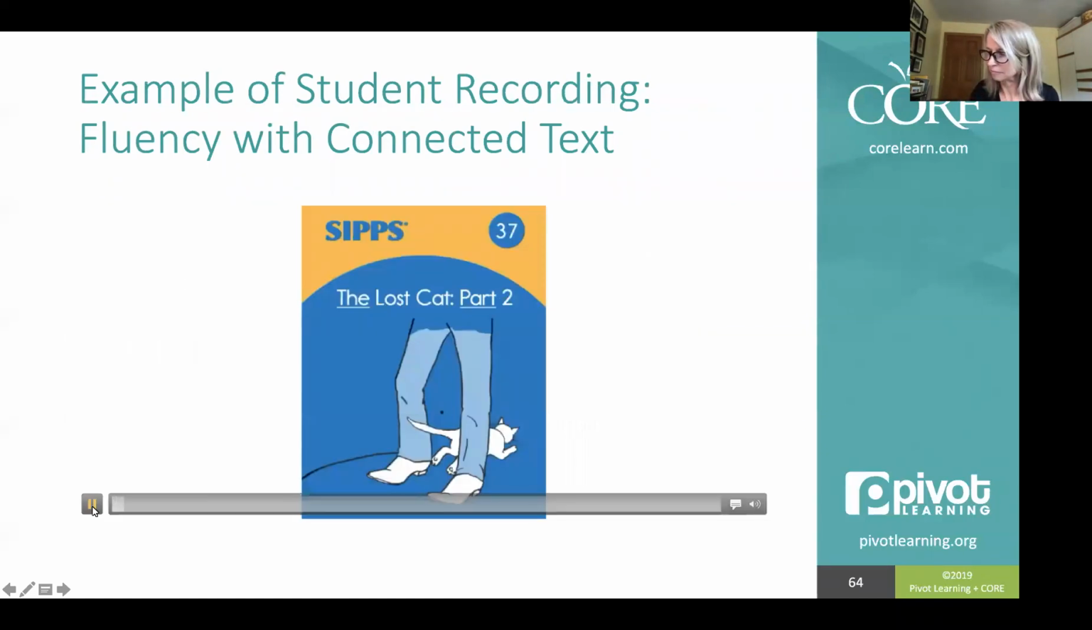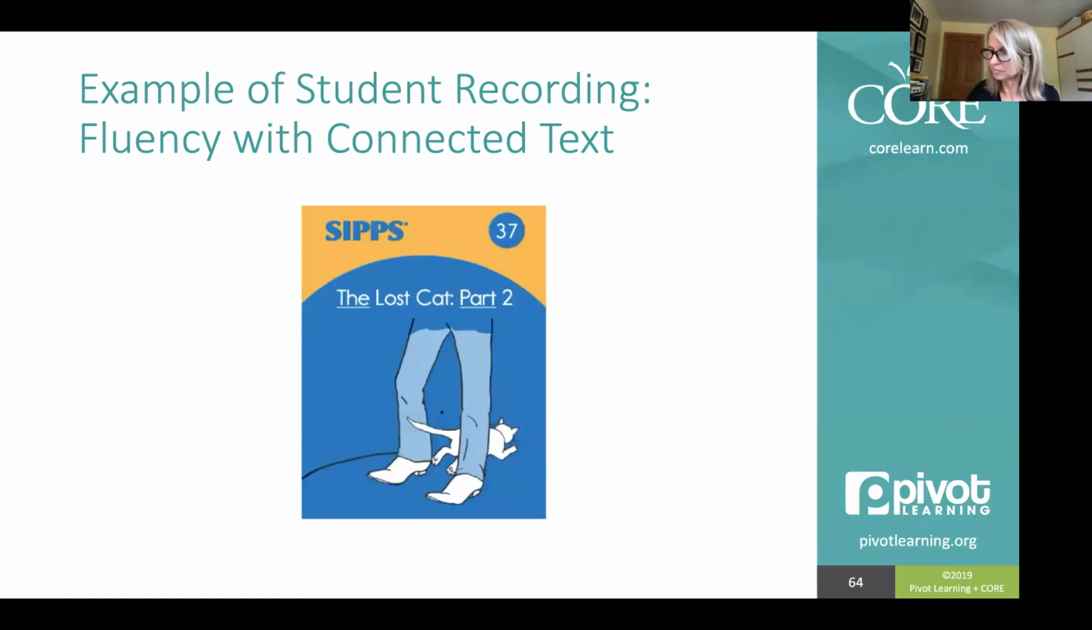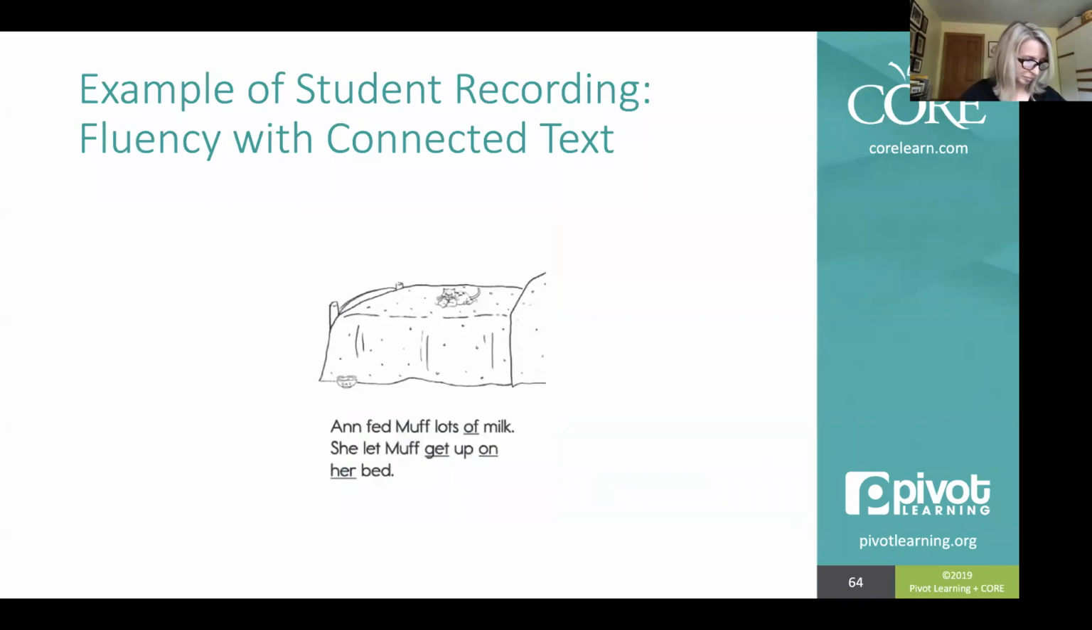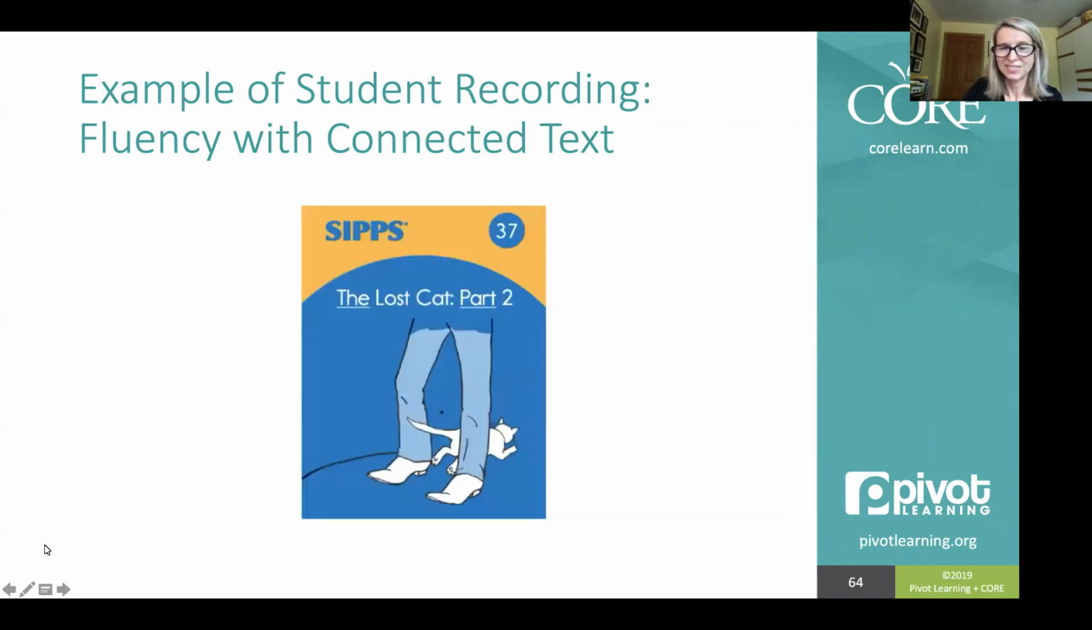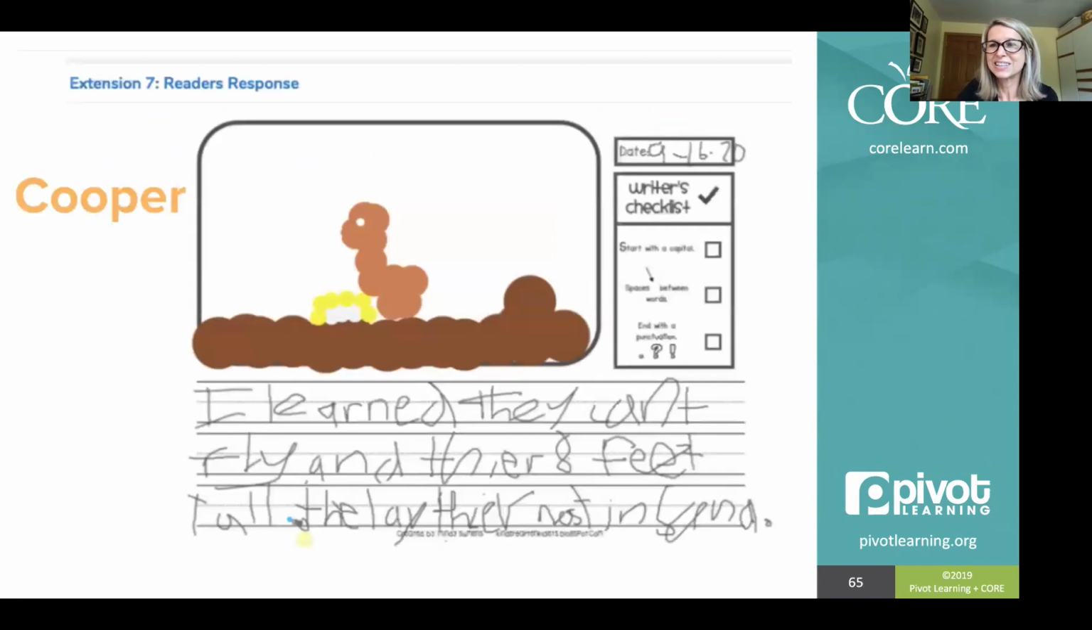The Lost Cat Part 2. Anne fed Muff lots of milk. She let Muff get up on her bed. Sam said